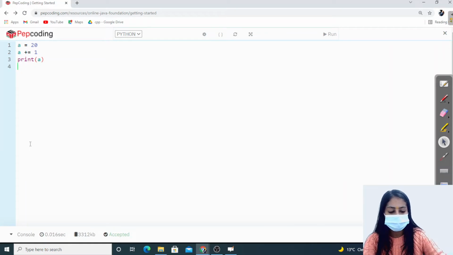Similarly, if I want to increment a string, let's suppose I have a string b and I want to add something like hello pepper. After that let's print this string.